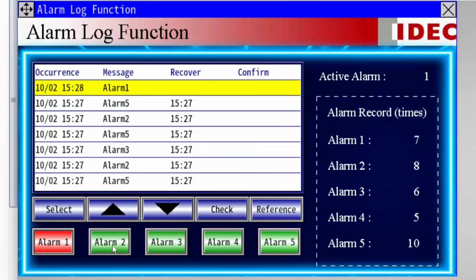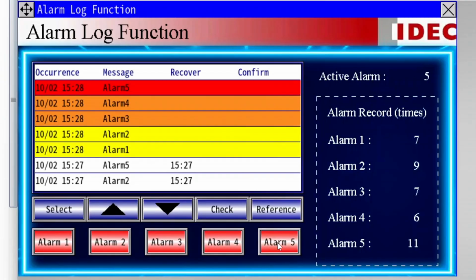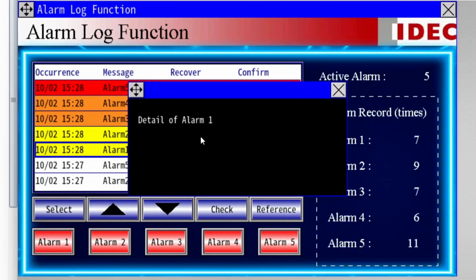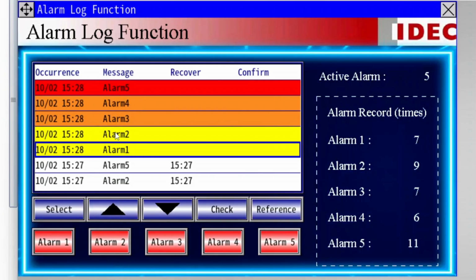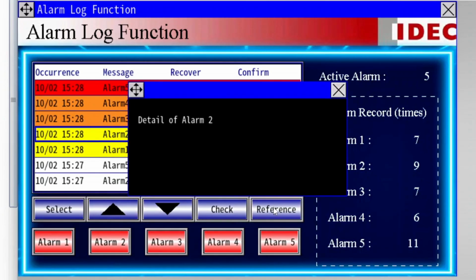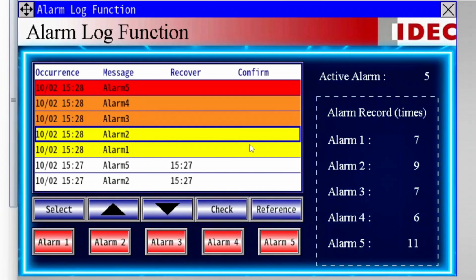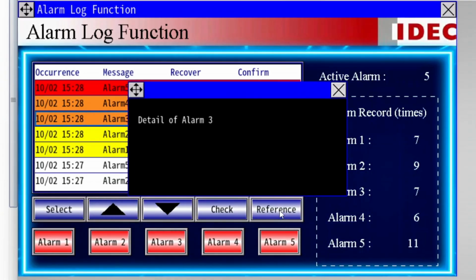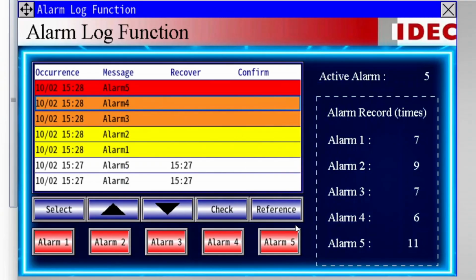Today, I'm going to introduce you to an extremely important function for IDUC HMIs in the NV4 software, the alarm log function. This isn't just a simple notification feature. It's a powerful tool for monitoring, recording, and analyzing unusual events that occur in your HMI system. In this video tutorial, I'll explain the various related parameters, what they are, and what they mean, and provide a practical example of how to create an alarm log and use it in a real application.